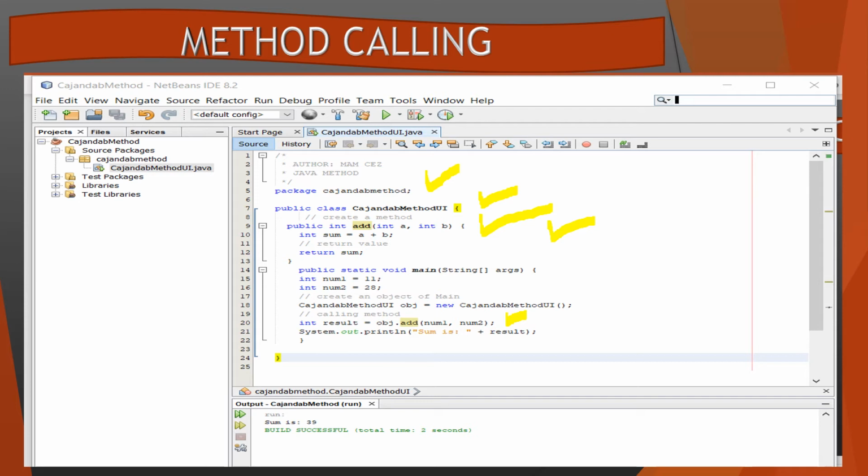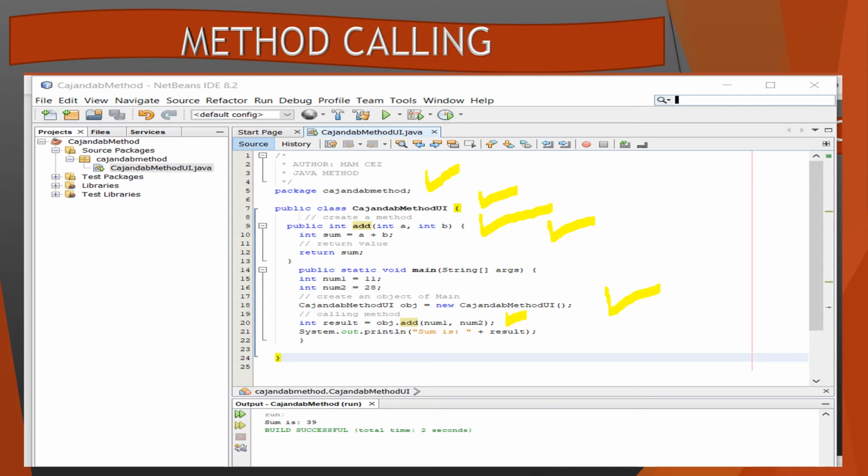And then we add the two variables, and the result will be followed by our variable sum. So that is how our user-defined method will behave. Again, in this example, our user-defined method is named add. As you can see here